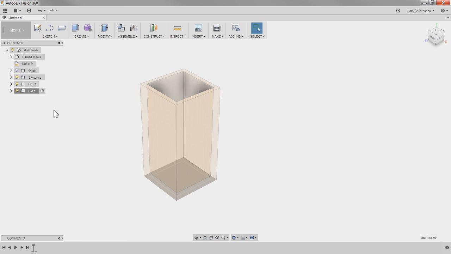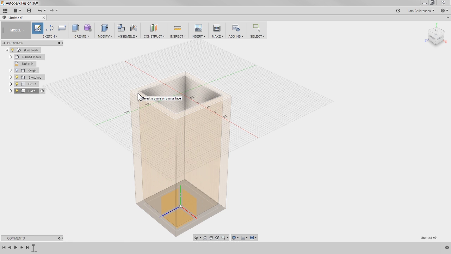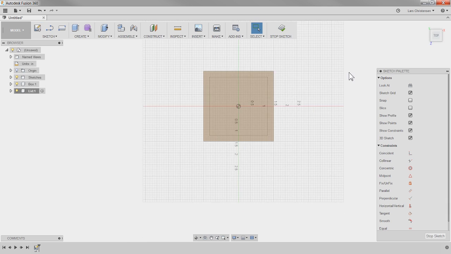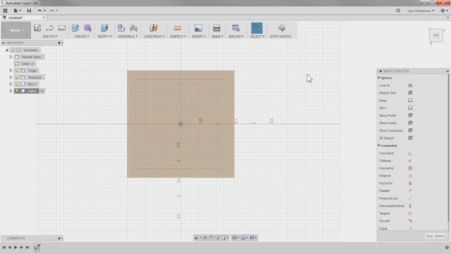Okay, now this lid here, how am I going to create it? Well, again, there are different options to do this. We are going to talk about tolerances and clearances here. So check this out. I'm going to create a new sketch and select the top of this face, and I'm just going to project the edges. Hit P for project, and I'm literally just going to project all the outside edges, all the inside edges,